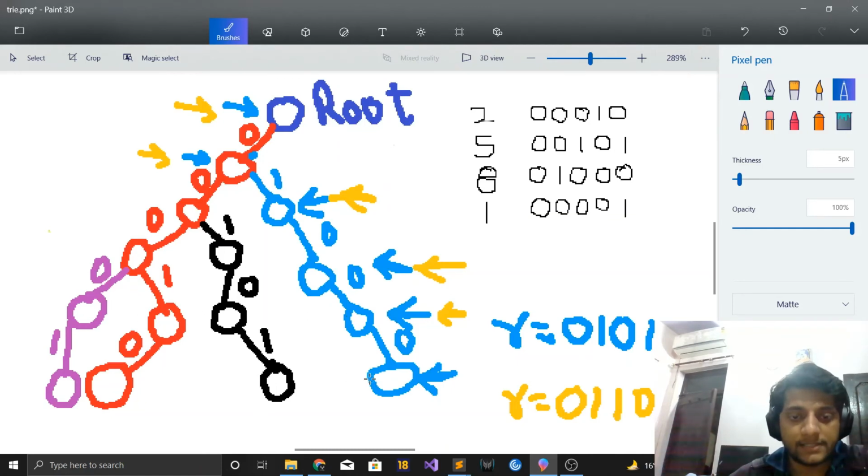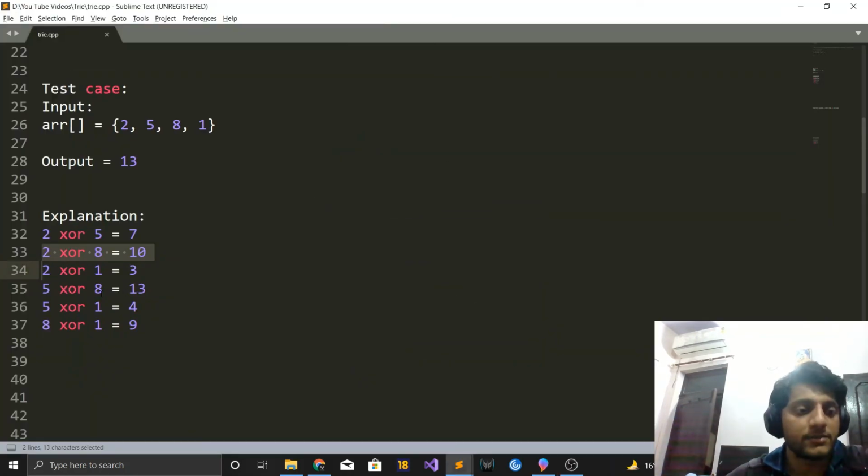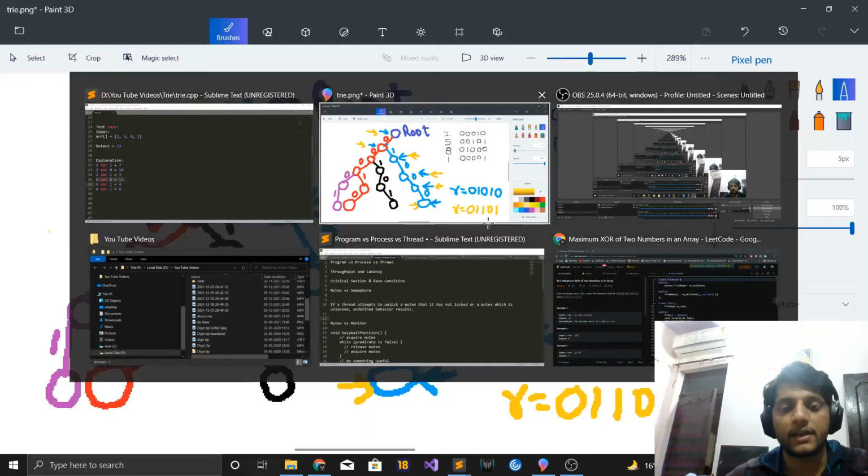Yeah, so we'll come to this path, and the fifth bit in the result would be 0. So what is the result which we have obtained? This is 13, and this was again obtained by taking this path, that is the path which is representing the number 8. And you can clearly see here that 5 XOR 8 was the answer, because that is when we obtained this maximum number 13, which we are getting here as well.